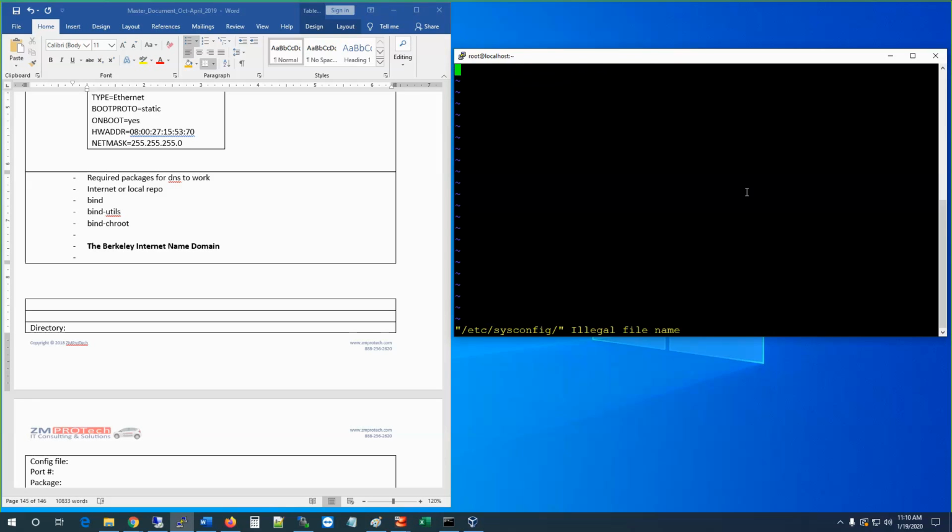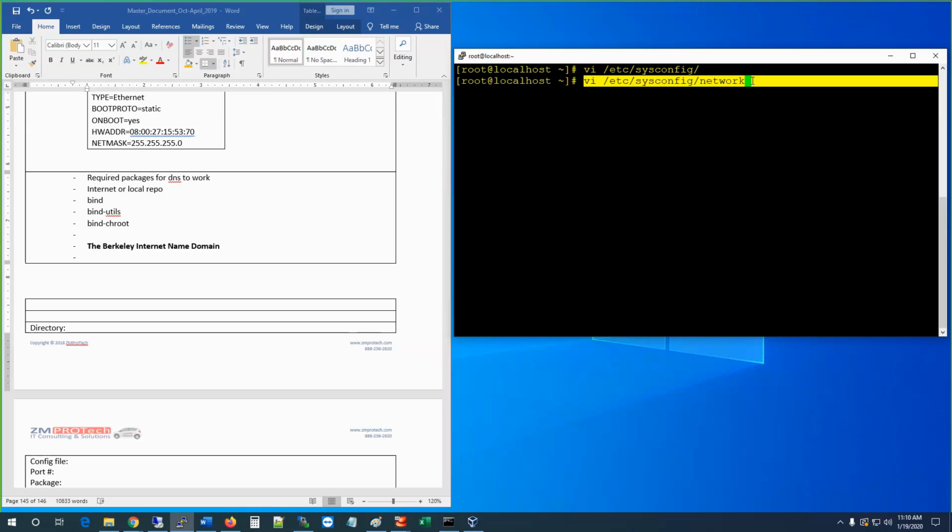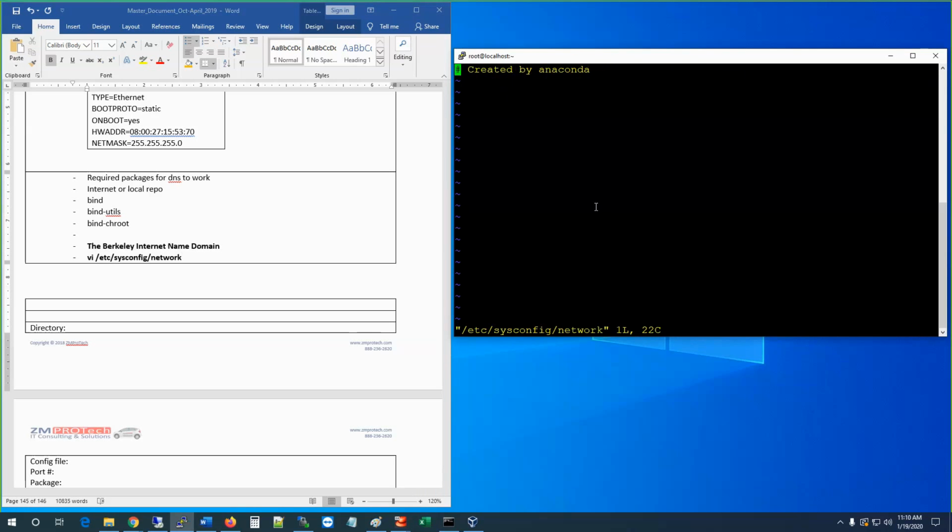Okay, and in here, so anytime I'm going into etc, what file is that? So I'm going to go into this network configuration file here. Okay, so I'm going to configure some network information, not the entire network. Okay, so this is a configuration file here. So what I'm going to do is I'm going to delete everything here and I'm going to put in networking,